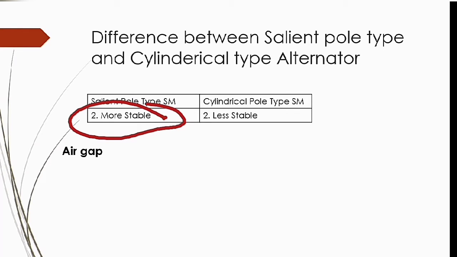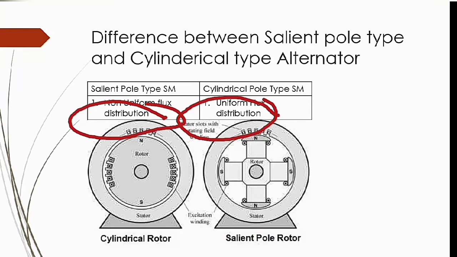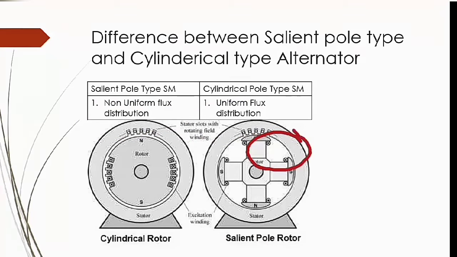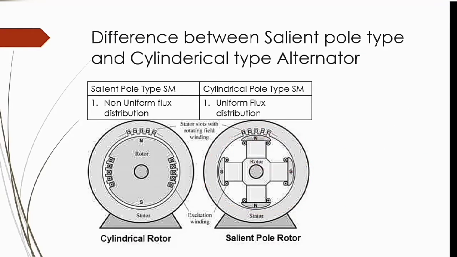as compared to the cylindrical pole. Why is it so? Because in a previous slide you see there is a large air gap, or on average the air gap, okay, on average here you see the air gap is large. So on average the air gap of salient pole is higher actually. Air gap is higher here as compared to cylindrical rotor. So that is why